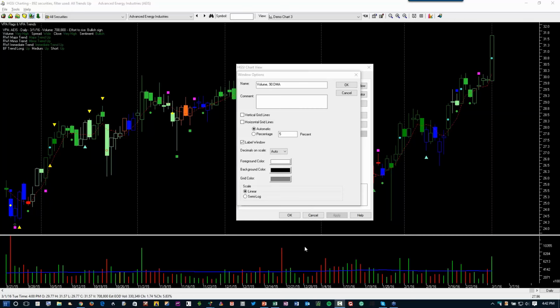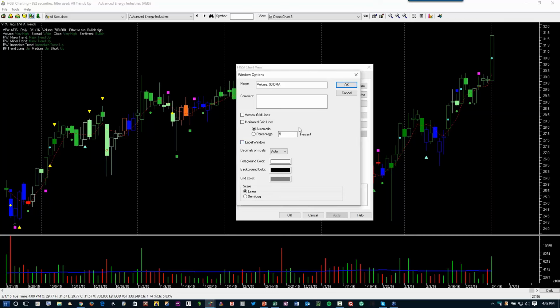And obviously, when you label the window, if you look here in the background on Ron's screen, he's got the label window on for the VPA flags and trends window, and then we stick the VPA text up there, so you basically have two labels in the upper corner. And this is why I recommend on VPA charts unchecking that label window box